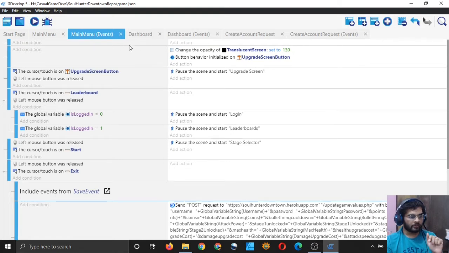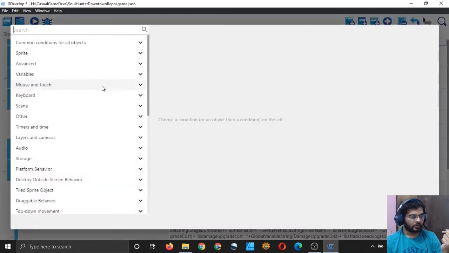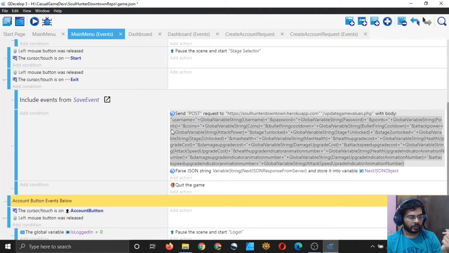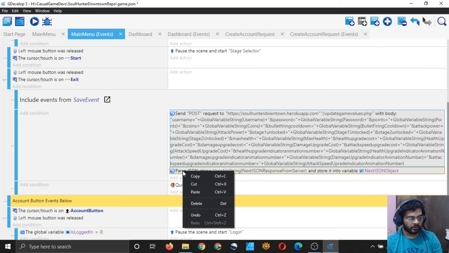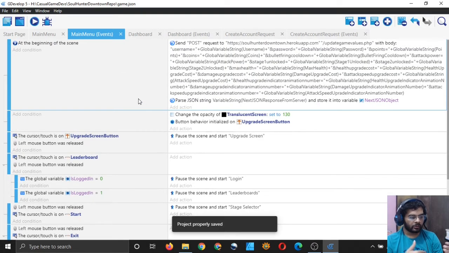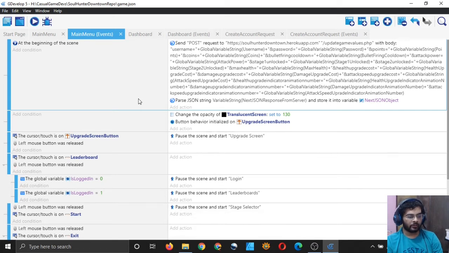This is an empty event. Let me add the action which I am talking about here. At the beginning of the scene, I will again copy these two statements and paste them here. And at the beginning of the main menu scene, I will save the game in the cloud, on my server, every time.